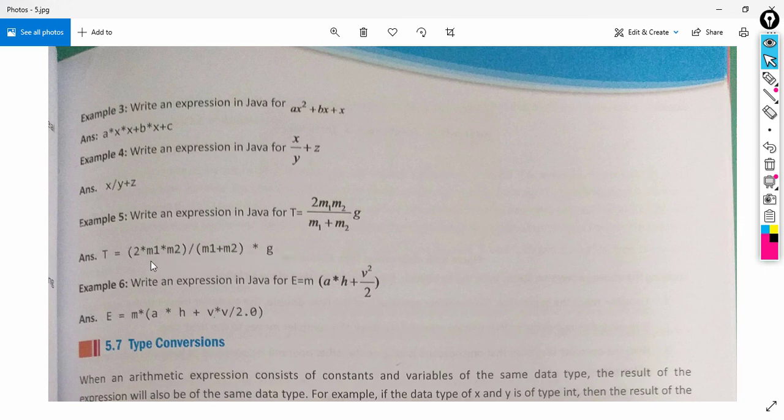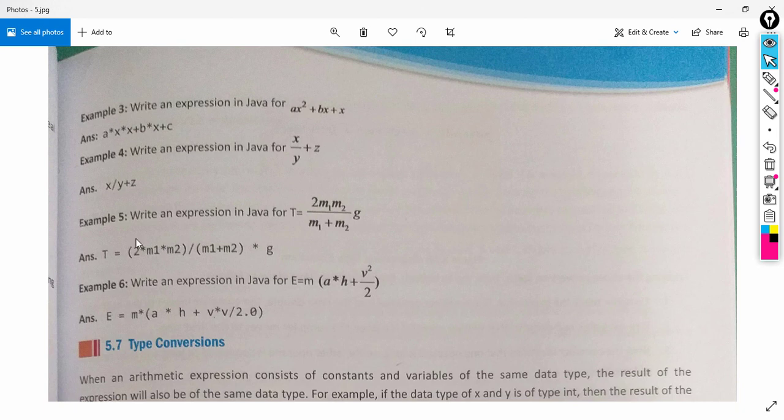So here we will check the priority of each operator. Then if all operators have the same priority, what will we do? We will check the associativity. Here you can see arithmetic operators are there. Then this bracket has first priority over other arithmetic operators.